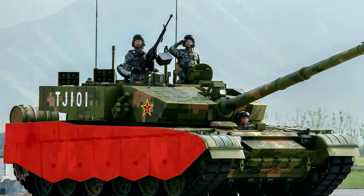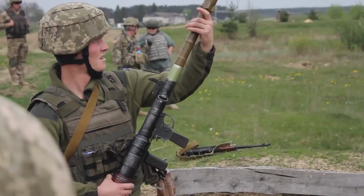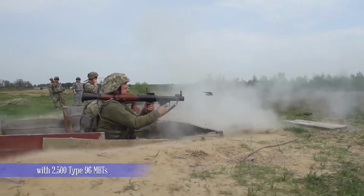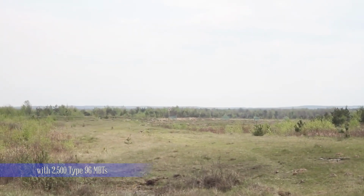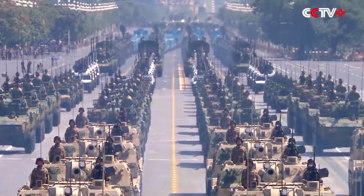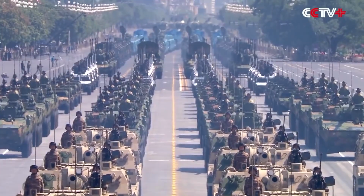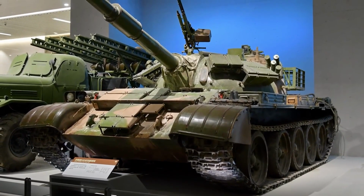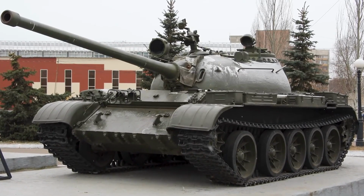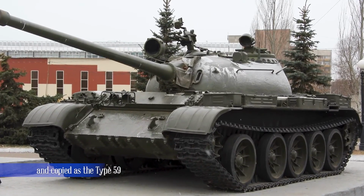The Chinese People's Liberation Army's first-line armored divisions are currently equipped with 2,500 Type 96 MBTs. In comparison, the much-improved Type 98-99s are only available to the Army's elite units. The Type 96 is also a distant relative of the Soviet T-54A. The latter was adopted for mass production with the assistance of the Soviet Union in 1959 and copied as the